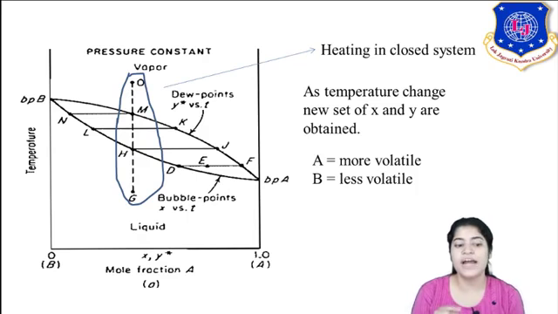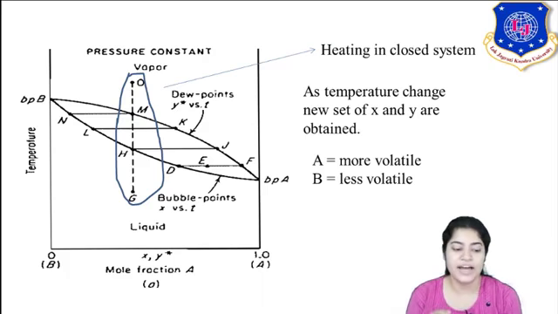So at M point, what does that M point show? It shows that now all your liquid has been converted into vapor. Now as I'm heating it further from M to O, which you will study in the next lecture, the O condition is called superheated vapors. At M point all my liquid has been converted into vapor. As I'm heating it more, it is now in a superheated condition. So that would be the next lecture. So you can see how my equilibrium compositions change with temperature.